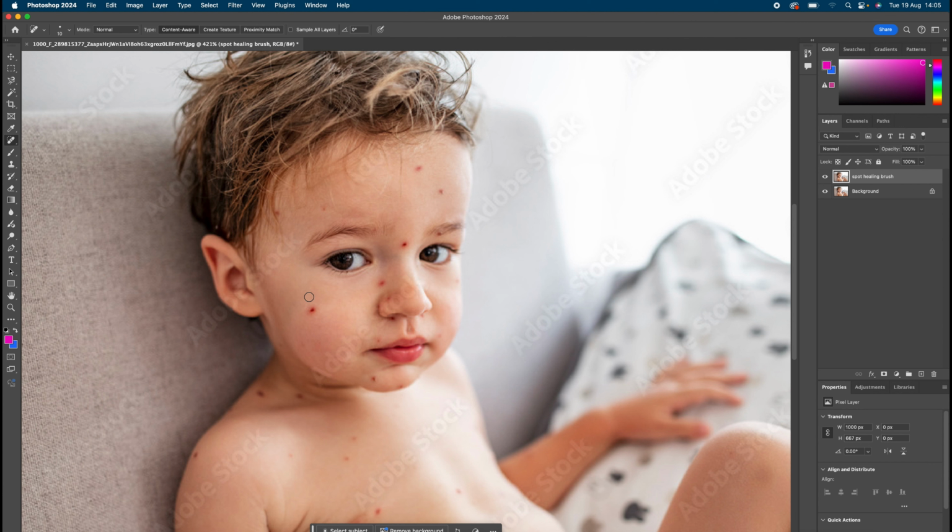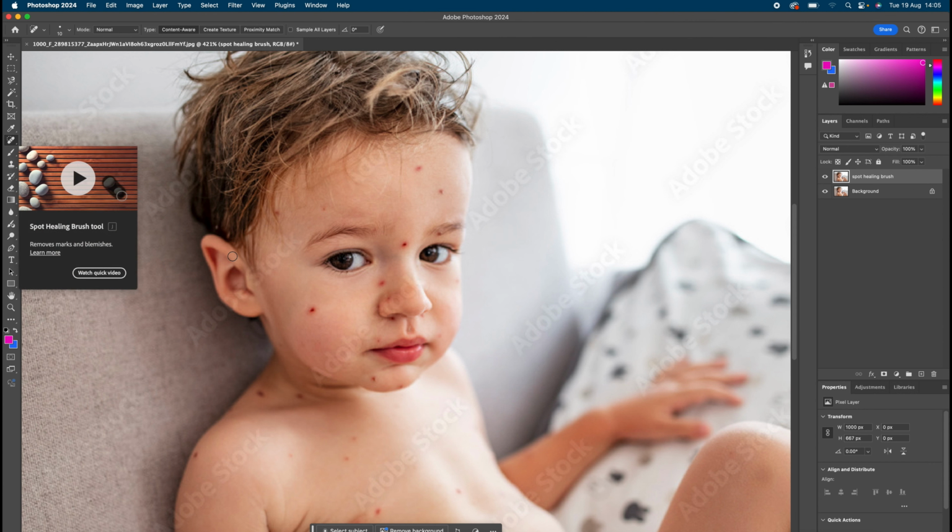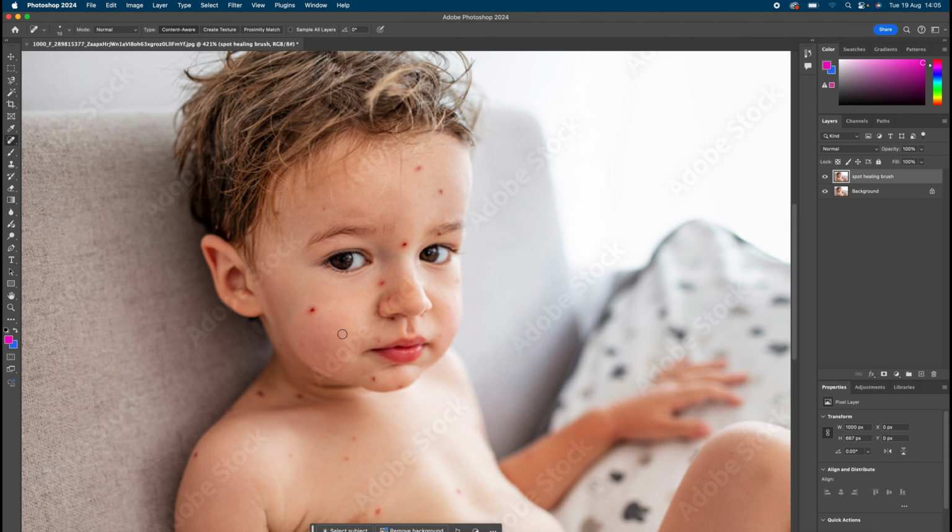The method it uses is it checks around the affected area to find non-affected area, and uses the non-affected area to replace the affected area using the content aware effect. So right now I have selected my healing brush, and you can increase the